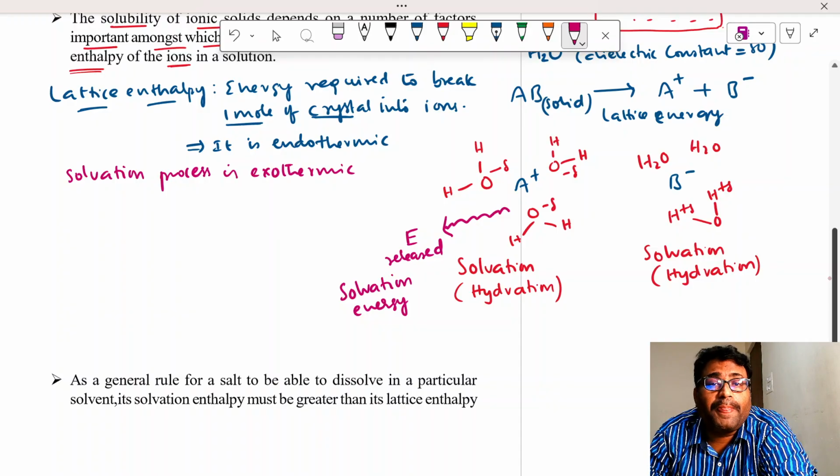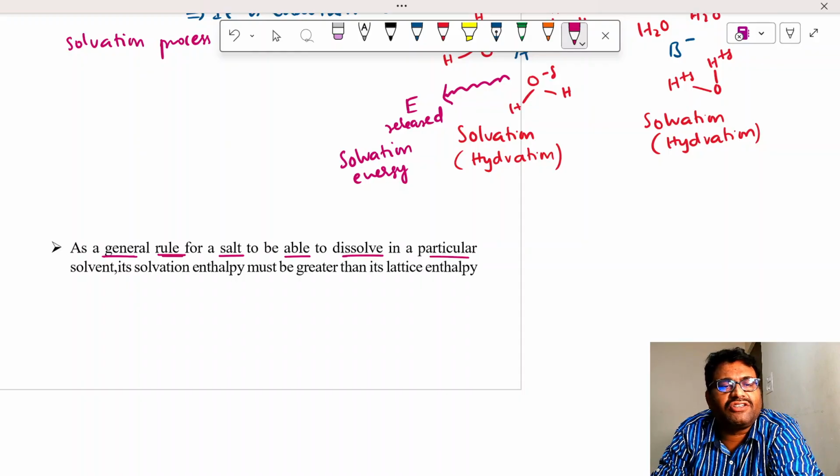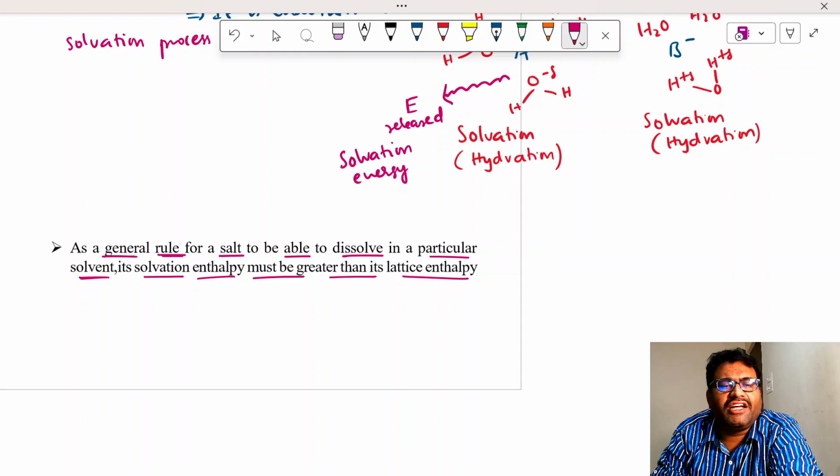Which two processes majorly affect the solubility of an ionic solid in a solvent? One is lattice enthalpy, another is solvation enthalpy. Solvation enthalpy is also called solvation energy. As a general rule, for a salt to be able to dissolve in a particular solvent, its solvation energy must be greater than lattice enthalpy. In most of the solids,